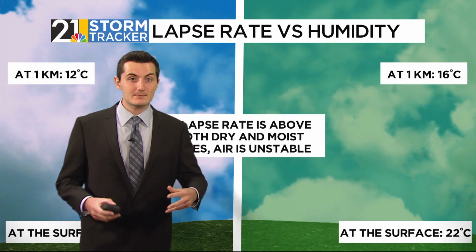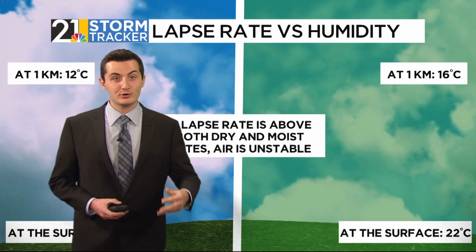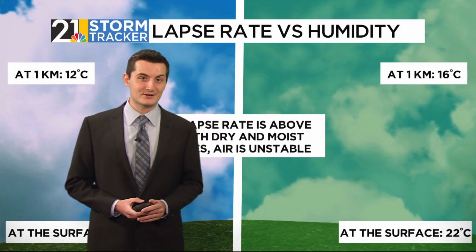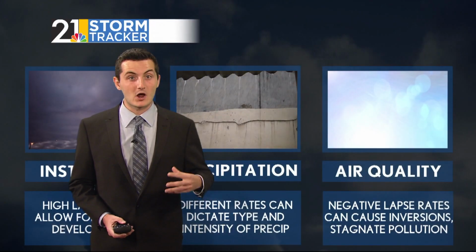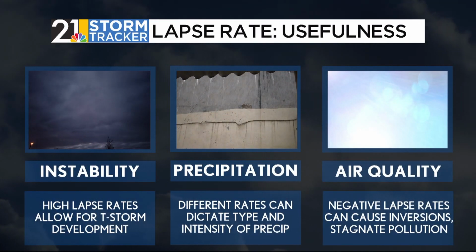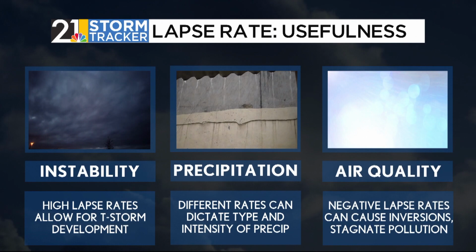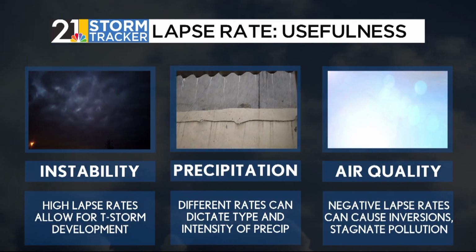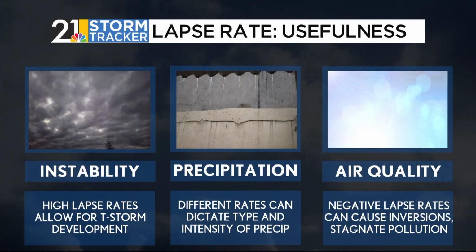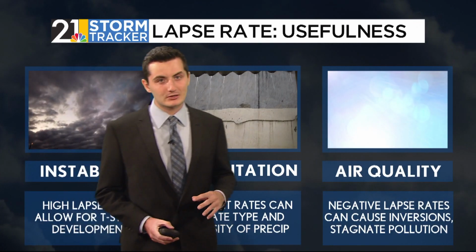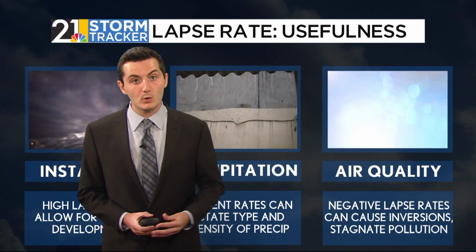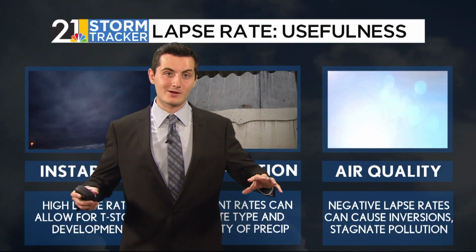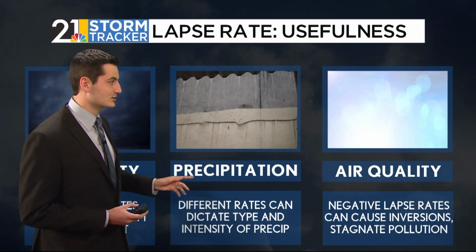And it has pretty big implications for thunderstorms. If you do have a lapse rate that's larger than the dry adiabatic lapse rate, that can spell a lot of thunderstorms and unstable air. That's the first major impact that we have for lapse rate. High lapse rates allow for thunderstorm development, and you could also have lake effect development on that front as well. And precipitation as well, if you have lower lapse rates, you'll see typically not crazy severe components, no hail, no anything like that, just more stratiform, calm rain showers. So precipitation has to do with that as well.